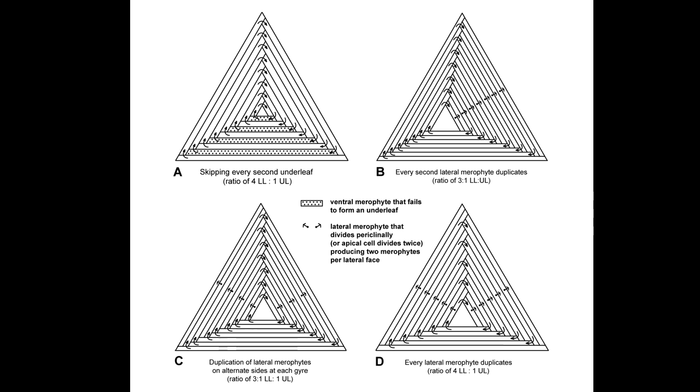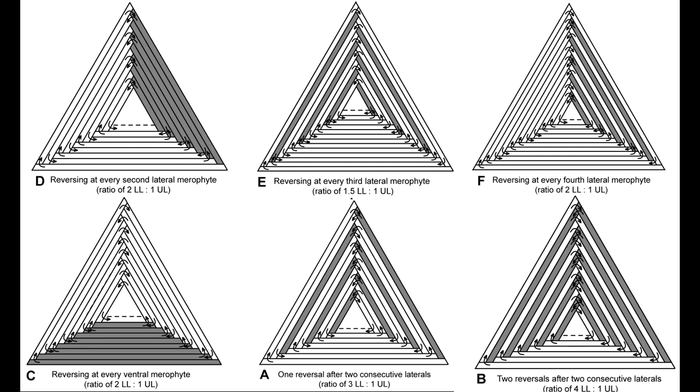So here are 4 possibilities based on a regular helical segmentation sequence. Now, there are other possibilities if we permit departures from a regular helical segmentation. And now things start to get interesting. If we allow ourselves to permit the possibility that growth in Herzogianthus could depart from regular helical segmentation, then there